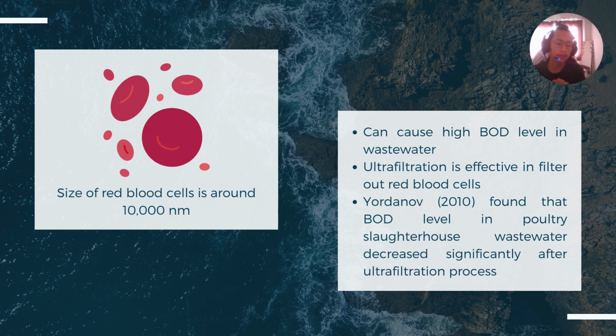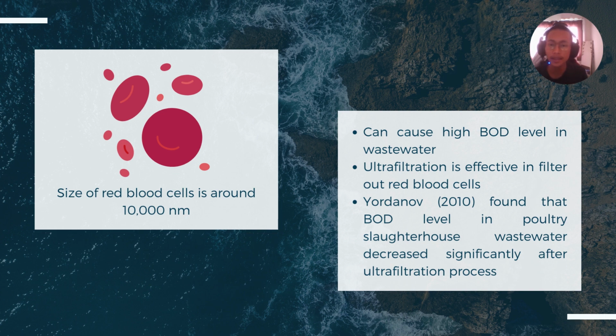So the existence of blood may cause a high BOD level in wastewater, and ultrafiltration can be very effective to remove red blood cells from the wastewater because of the size itself. So a study by Yordanov in 2010 found that the BOD level in the wastewater of a poultry slaughterhouse has been reduced significantly after ultrafiltration treatment. So this